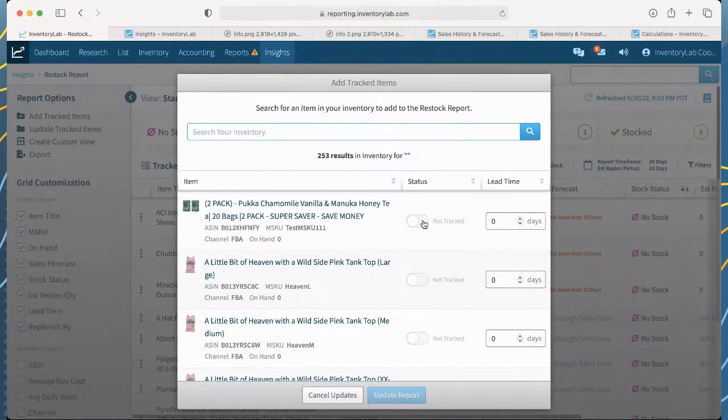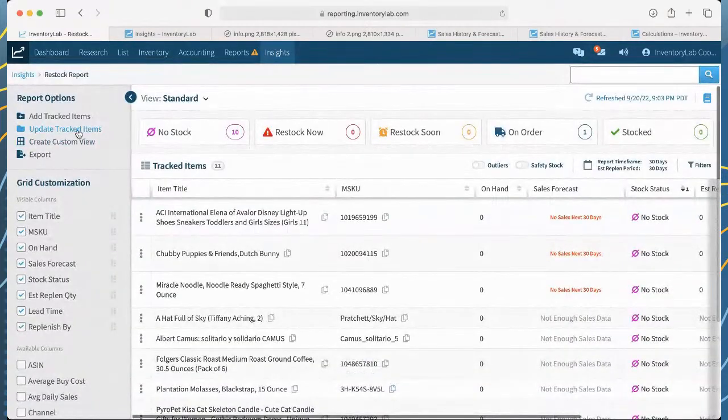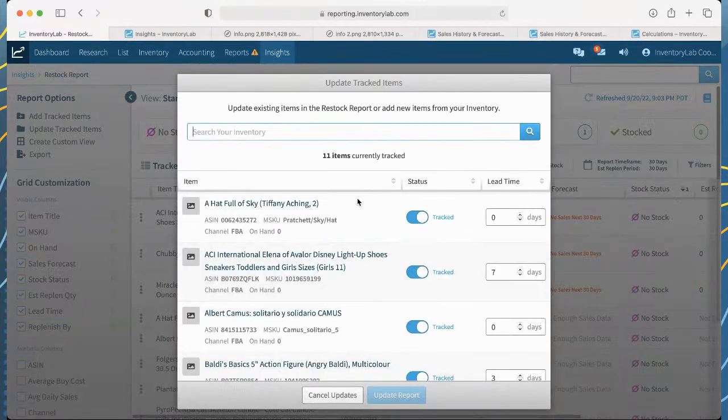I can click it on, set my lead time. I can either type it in or use the little carrots here. And then that'll put that on there. I'm going to cancel that out. But then I can also update the items that are currently tracked. But if I wanted to search my inventory from this screen, I can also search for inventory and add it